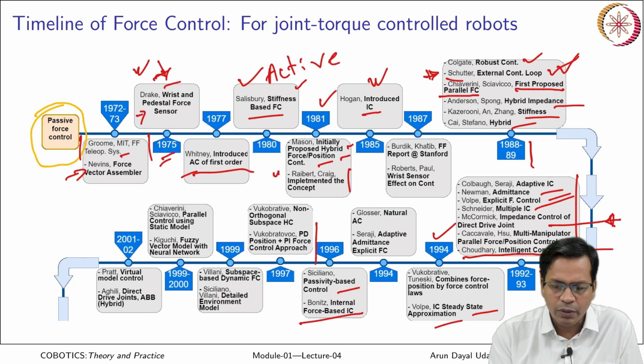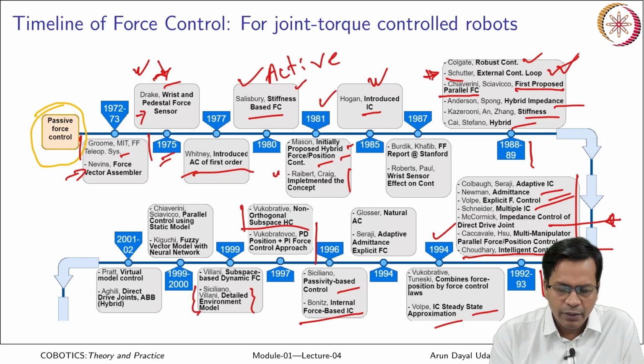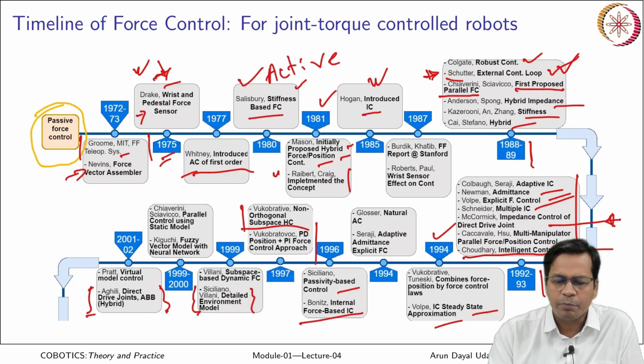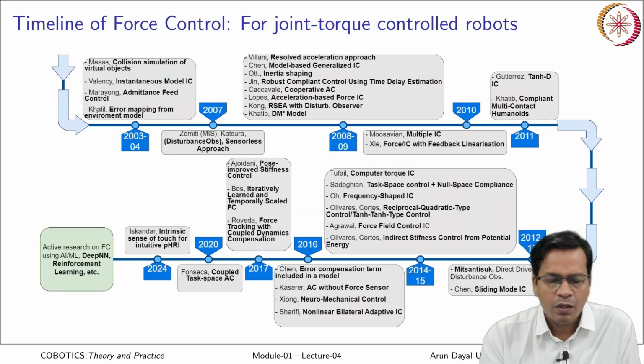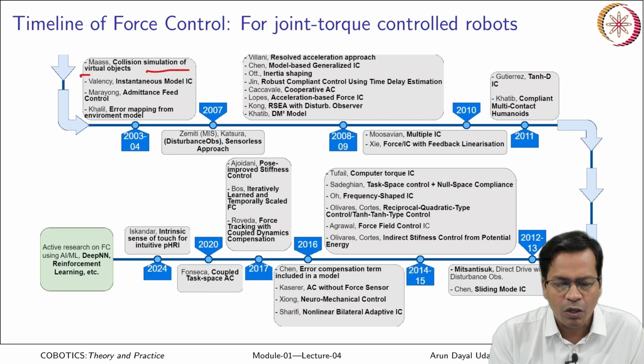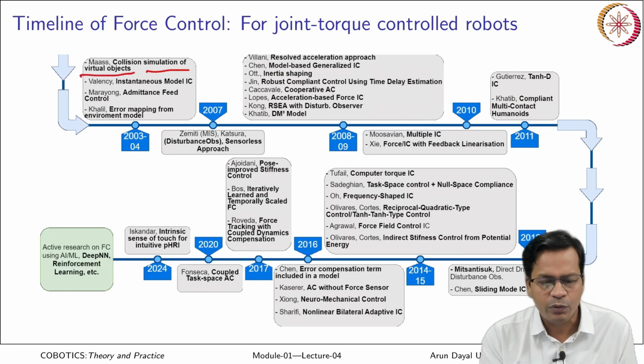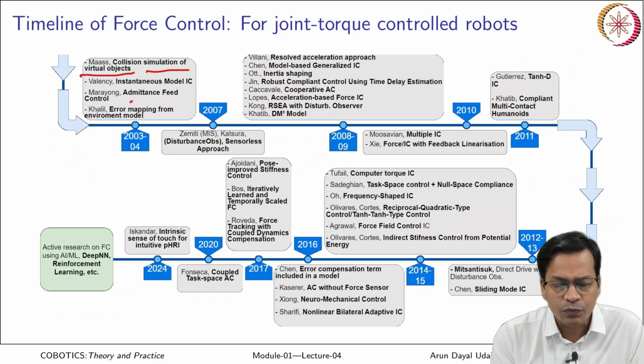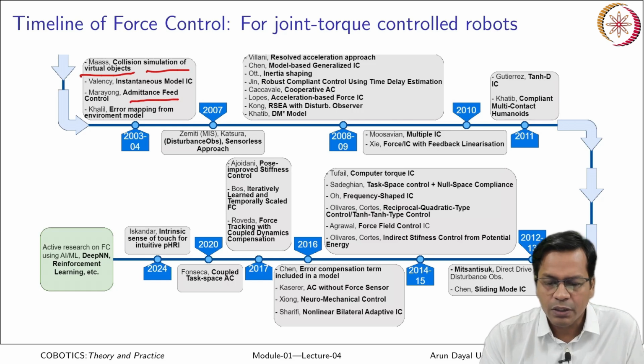Okay, non-orthogonal subspaces, a hybrid controller was given. Okay, a detailed environmental model is developed here. And then Aguilas finally came up with the direct drive joints for the ABB robot, that was a hybrid controller which was implemented. Moving further, collision simulation of virtual objects was taken into account, admittance feed controller, resolved